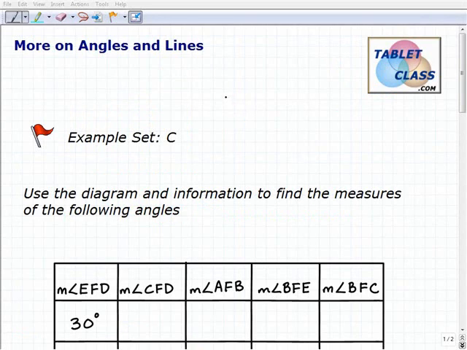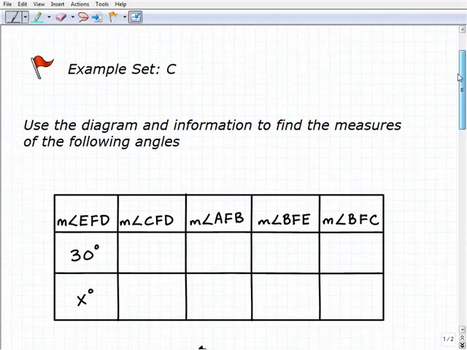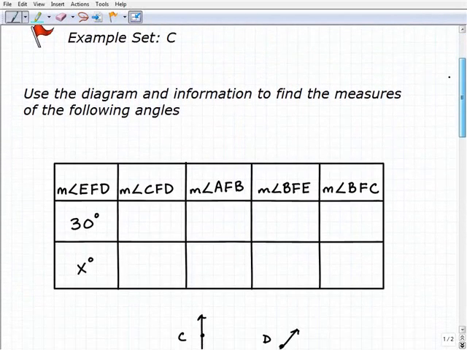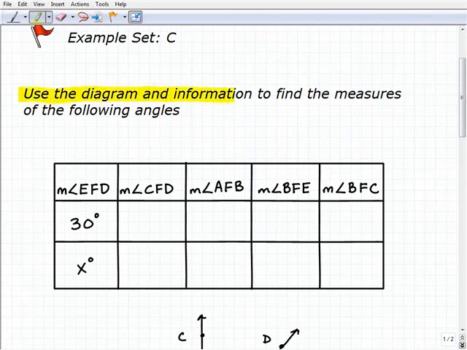This is our third example, set C. What we're going to do here is basically fill in the blanks. We've got a lot of information that we're being asked to find. Let's read the problem. It's always helpful. So we're going to use a diagram and some given information to find the measures of all